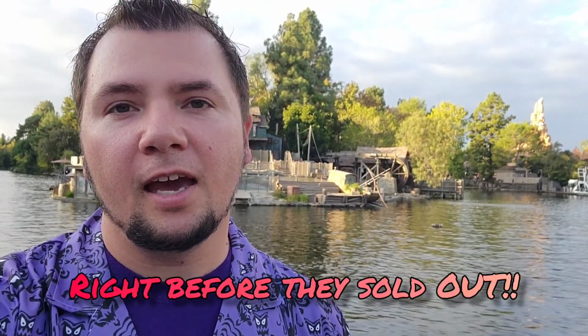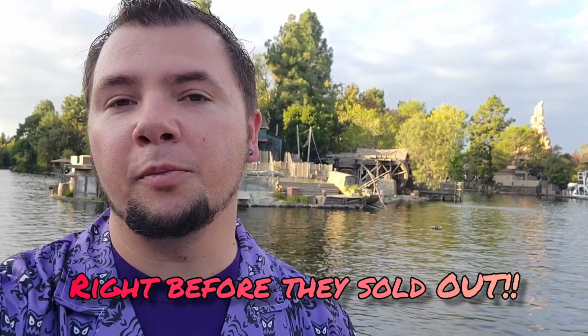Well guys, we just did a big purchase. We just got our season passes. Sarah here just got the Dream Key, and then I got a Believe Key, which is one step below. We're kind of torn on it, from getting it to not getting it, only because we've been hearing a lot of